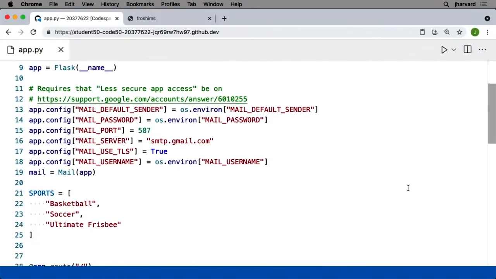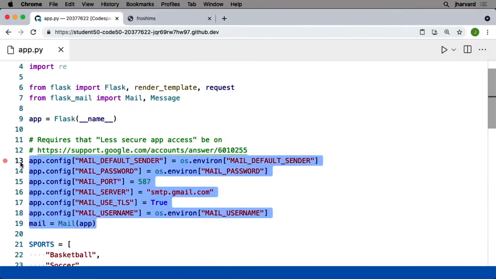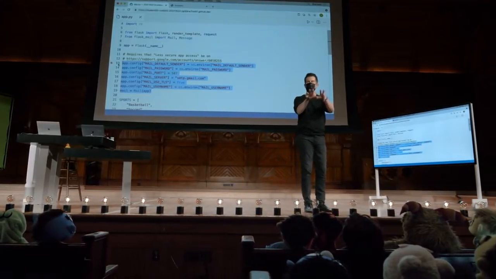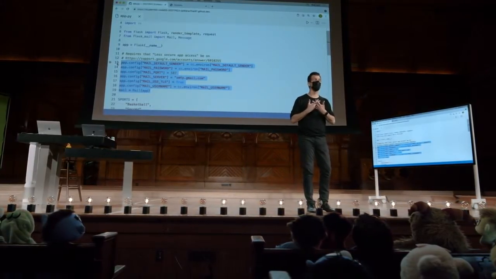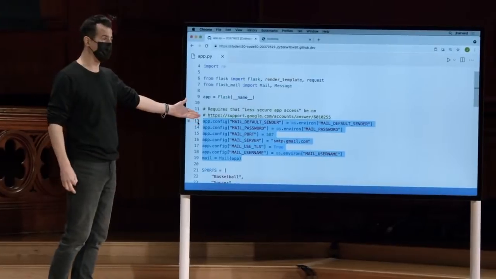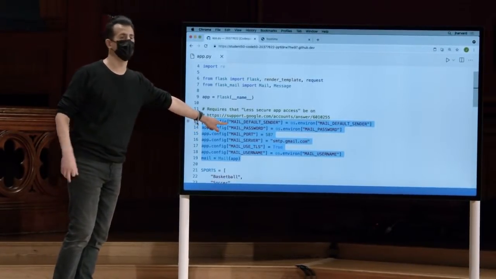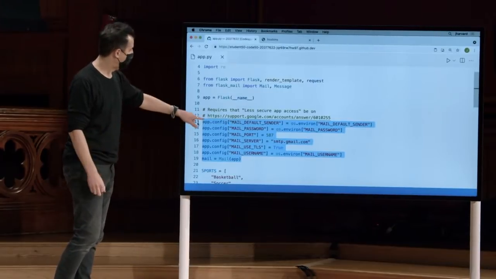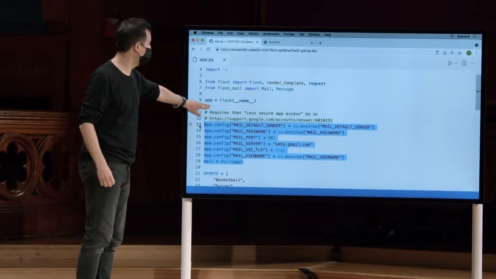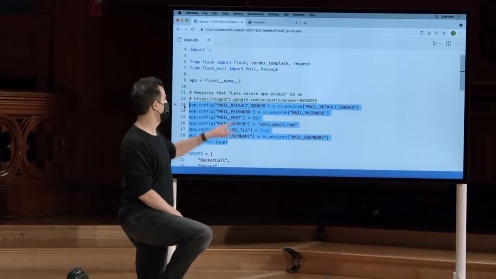And it looks a little scary at first glance, but I've done the following. I have now added the Flask-Mail library to the picture by adding Flask-Mail to requirements.txt and running a command to automatically install email support for Flask as well. And this is a little bit cryptic, but it's honestly mostly copy-paste from the documentation. What I'm doing here is configuring my Flask application with a few configuration variables, if you will. This is the syntax for that. app.config is a special dictionary that comes with Flask that is automatically created when you create the app up here on line 9. And I just had to fill in a whole bunch of configuration values for the default sender